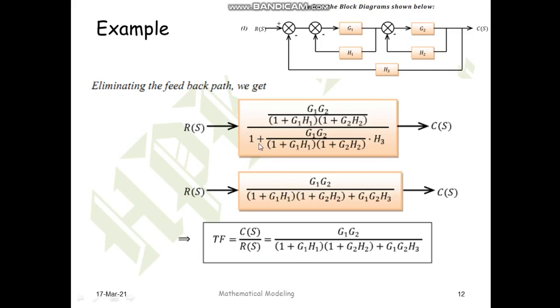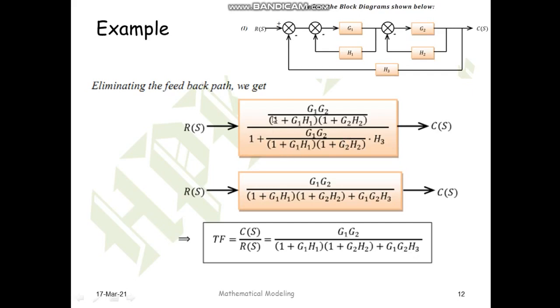So we have to add the multiplication of forward block and the reverse block. So we can write this as 1 plus this particular transfer function, that is G1 G2 divided by 1 plus G1 H1 into 1 plus G2 H2, multiplied by the reverse block function, which is H3. And now if we simplify this particular term, we can get the simplified form as G1 G2 divided by 1 plus G1 H1 1 plus G2 H2 plus G1 G2